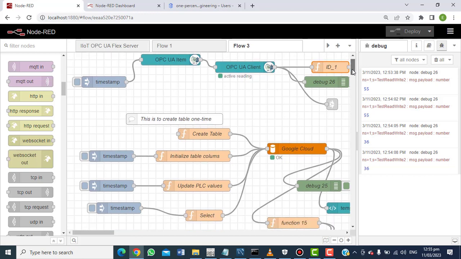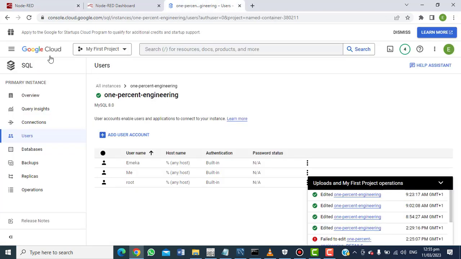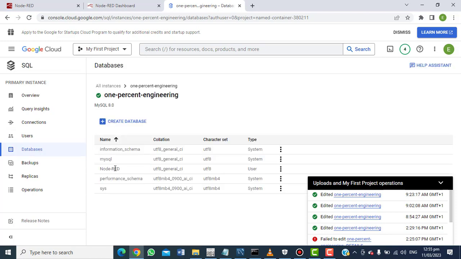So now, how do I connect remotely? Currently, I'm using Google SQL database. So this is a remote database hosted on the cloud by Google. So I've already created 1% engineering. This is my instance, and then I've created a database. I created a database here called Node-RED. So in my database called Node-RED,